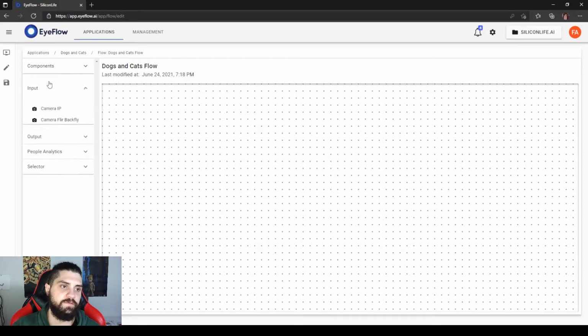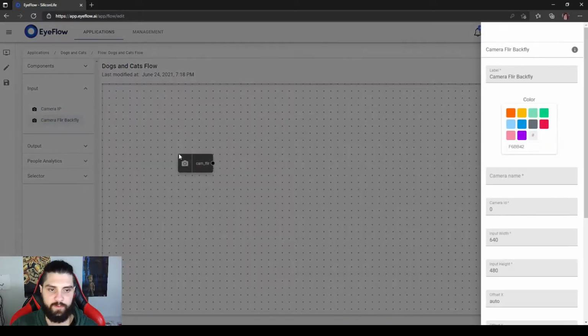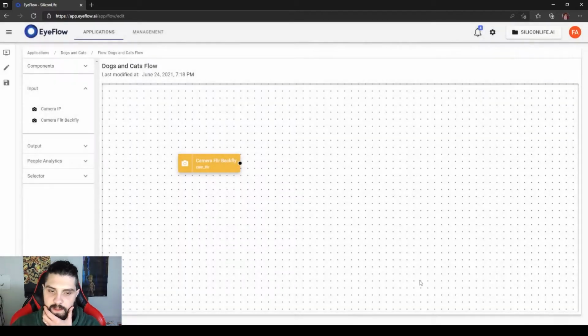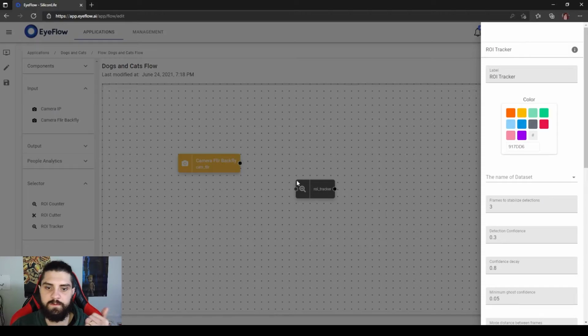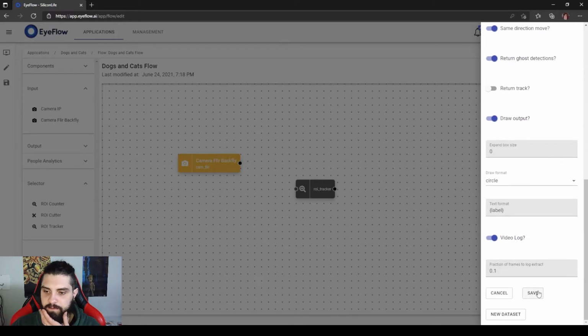I will select the first component of my flow, which is a camera, an input. I will put it here, dragging and dropping it, give it a name like camera, and save it. The next component I will select is a selector and it is the right tracker. I will explain in later videos what is the right tracker, or you can go to the documentation and see it there. I will select the dataset, dogs and cats detection, save it,